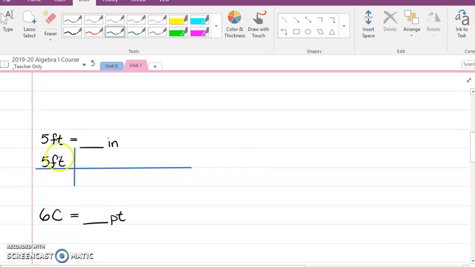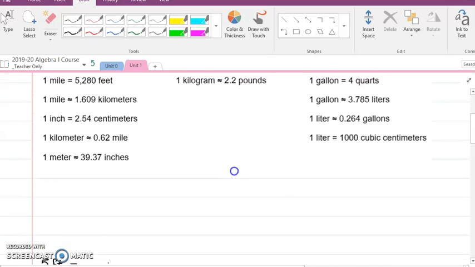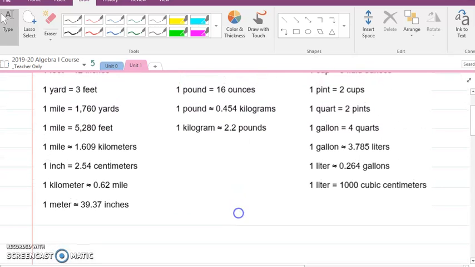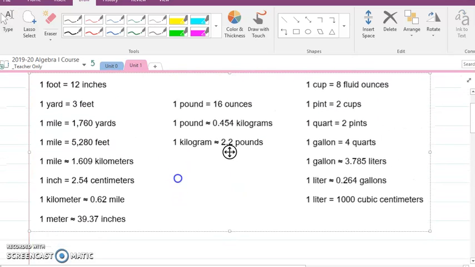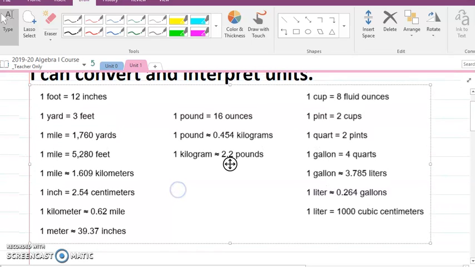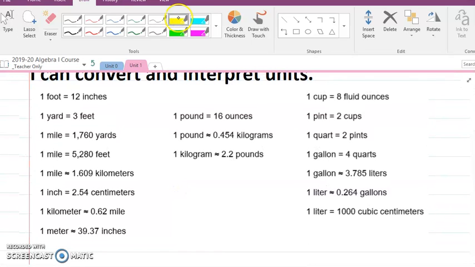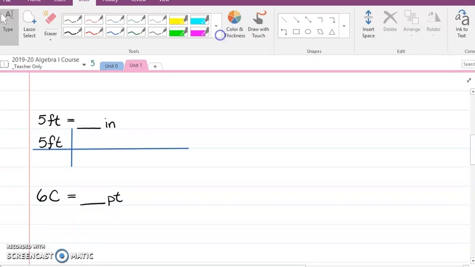Now, we're trying to convert feet to inches, so we're going to go up to our list and see if we can find a conversion factor that connects feet and inches. And right off the bat, I see one. It's the very first one. 1 foot is 12 inches. So I'm going to put that down here. 1 foot